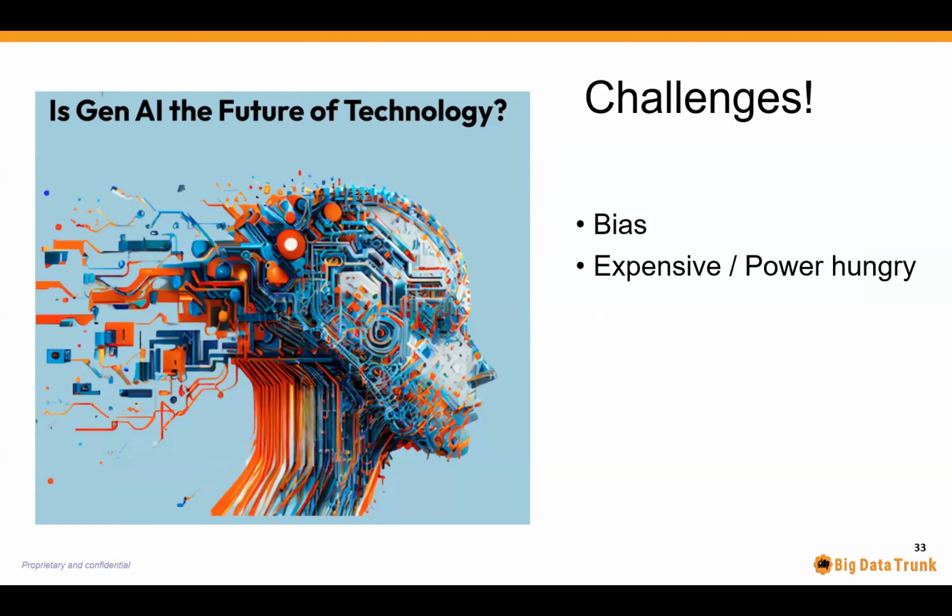Some of the good quality models, especially where you want very professional kind of responses, are all expensive, mostly subscription-based models. And then, the amount of power that they consume. There are a lot of reports of, let's say, either ChatGPT or Gemini consuming as much power as small countries put together do on a daily basis. So, the whole environmental impact of it. Copyright issues, especially with image and audio generation. Are they infringing on personal copyrights of the people who in fact created a lot of the original content that goes into building those training data sets?